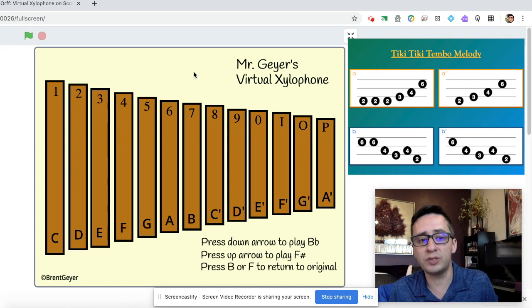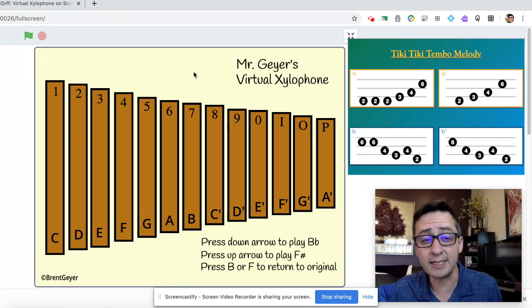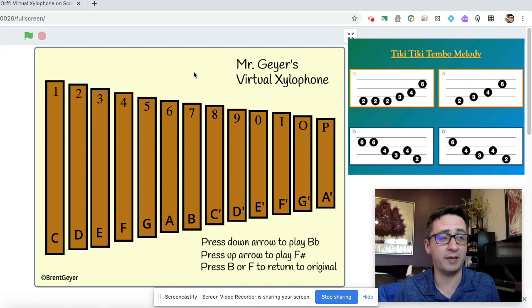2, 2, 2, 3, 4, 6. 2, 3, 4, 6. 6, 6, 4, 3, 4, 2. 6, 4, 3, 4, 2. Good job. Now, if you're really, really good, you should be able to play the xylophone and sing the words